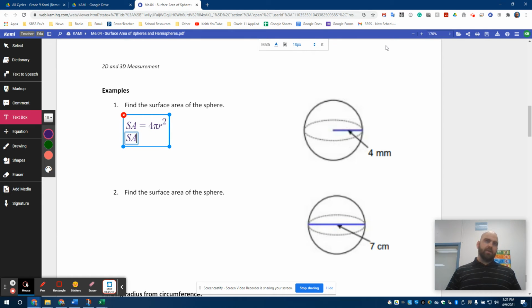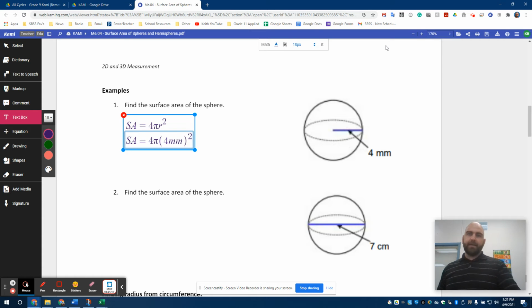Okay, so there's my radius equation. I'm going to plug in my radius, which is 4 millimeters, and we're going to square that. We're going to type that into our calculators. So this is 4 times pi times 4 squared. Now I'll put that up there so you can see the way I've typed it in. 4 times pi times 4 squared. Okay, and we get an answer of,